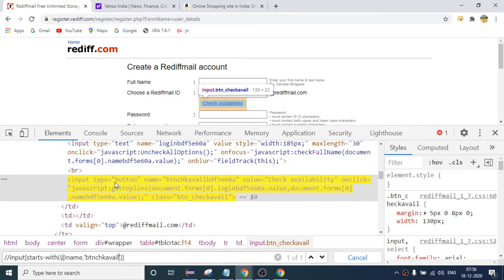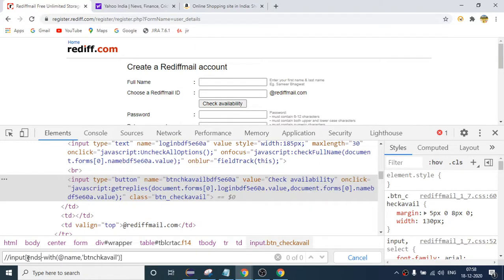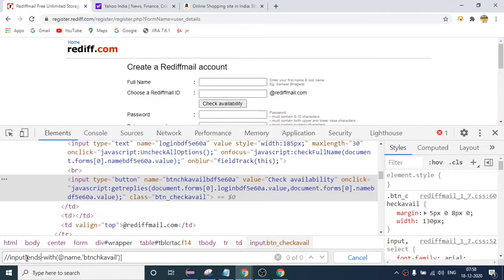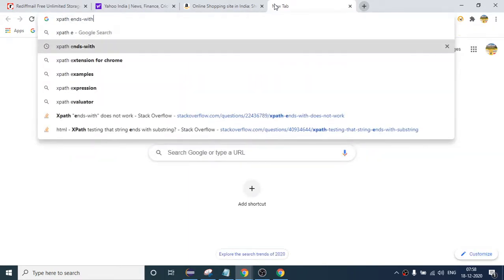We can only use starts-with, or even ends-with. So basically, if you try to write ends-with, it will not work, right? Actually, ends-with is a part of XPath 2.0, and it is not supported by our browser, right? So even if you want to check the same thing, you can search for XPath ends-with not working. So